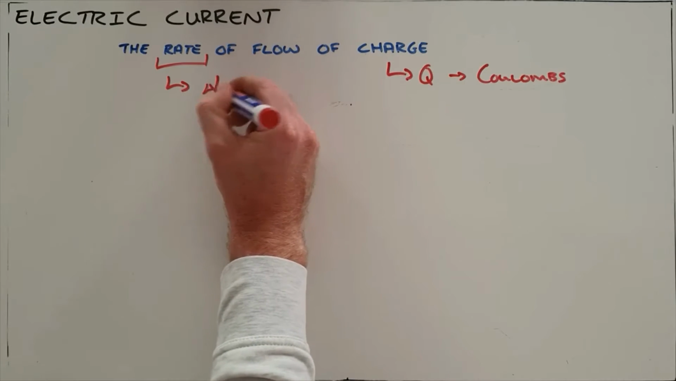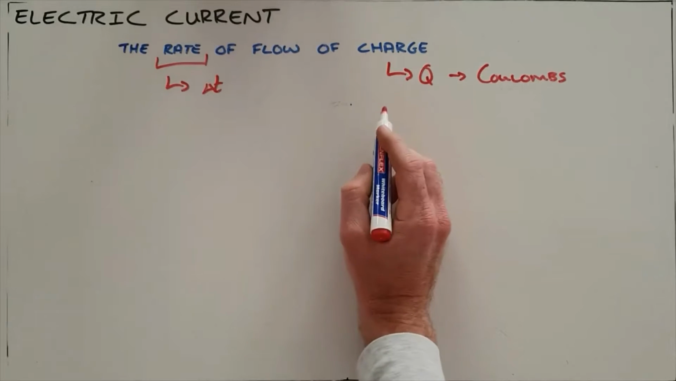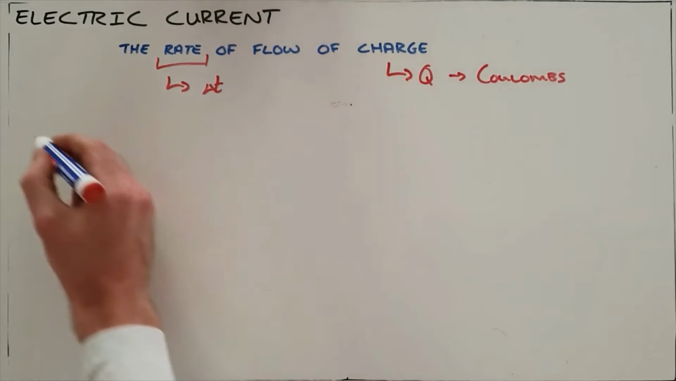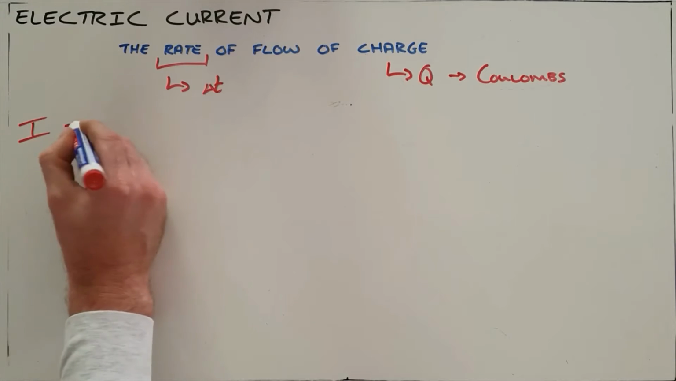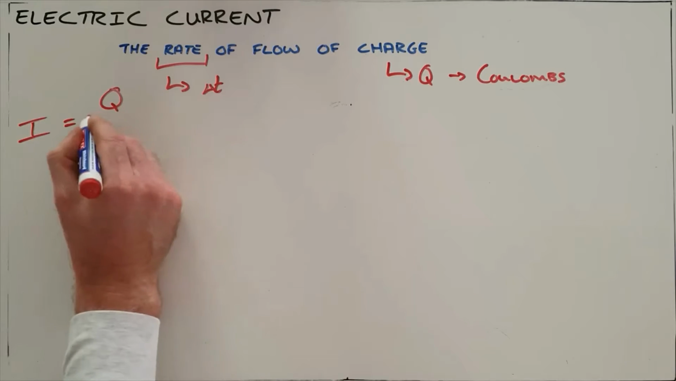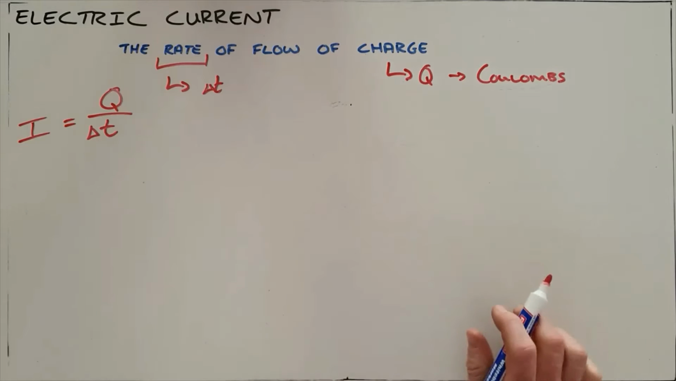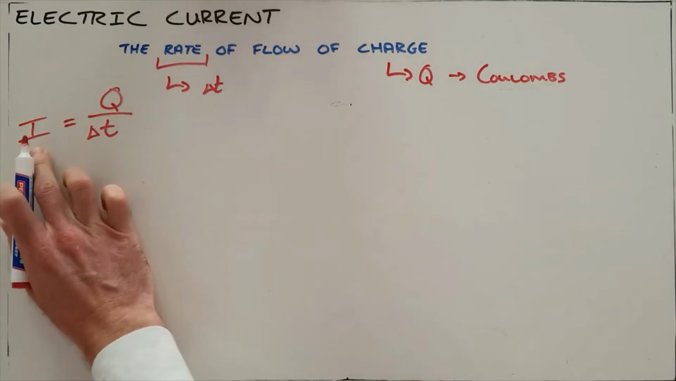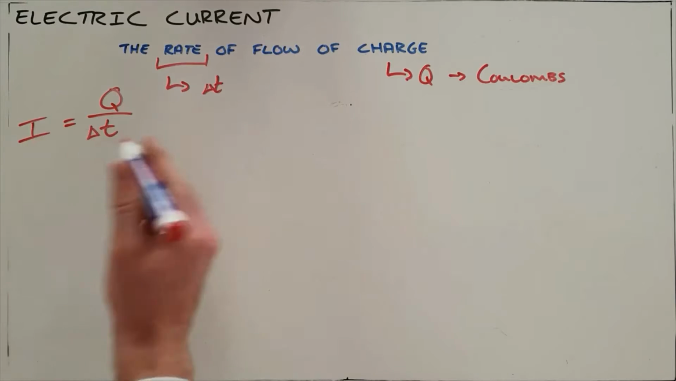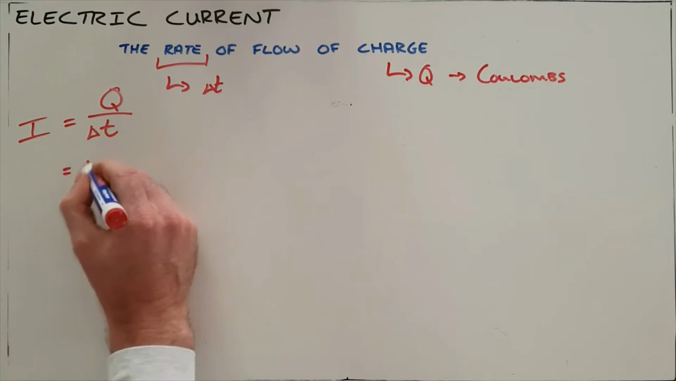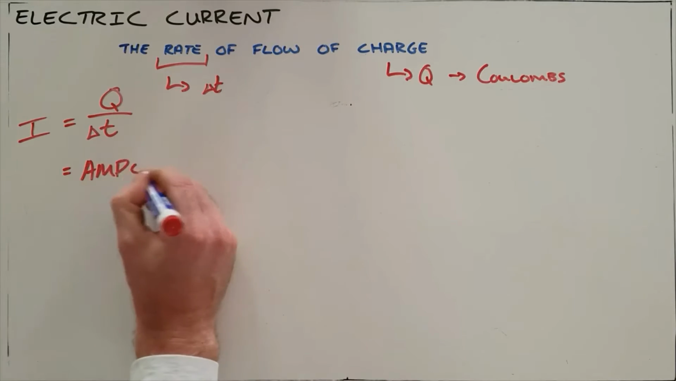that per unit time. So from this definition, we get the formula for electric current, which tells us that current is the amount of charge that flows past a point in a circuit per unit of time. Current has the symbol I, and it is measured in amperes, which we abbreviate